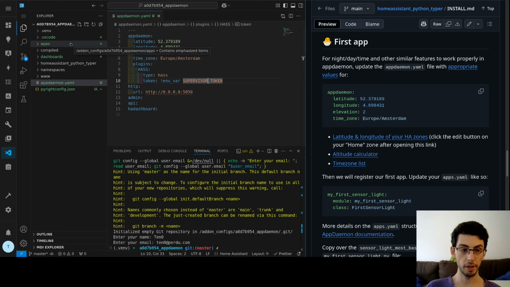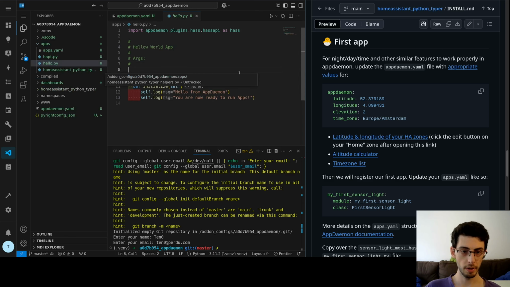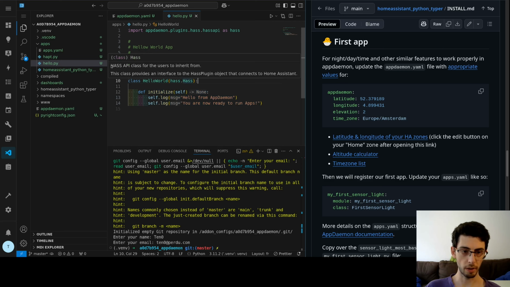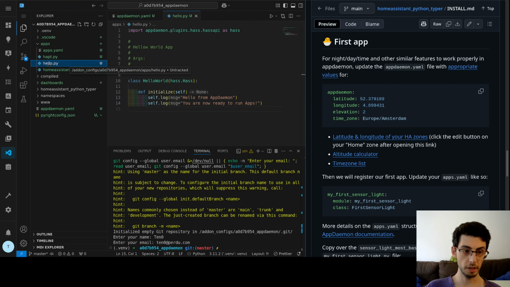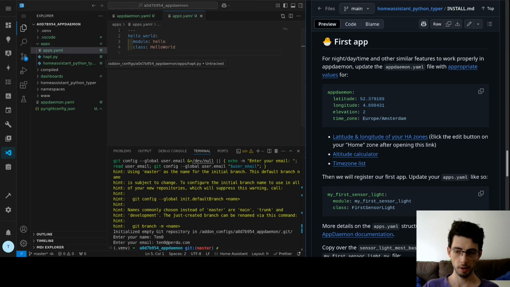Now to make sure that everything works properly, we're going to head over to the default AppDaemon app and give it a save. It's going to automatically format, and we can see that VS Code knows about the Python items. We're not going to need this app anymore, so we can delete it. We're now going to create our first app. To do that, we're going to register it in apps.yaml. We'll copy over the declaration here.